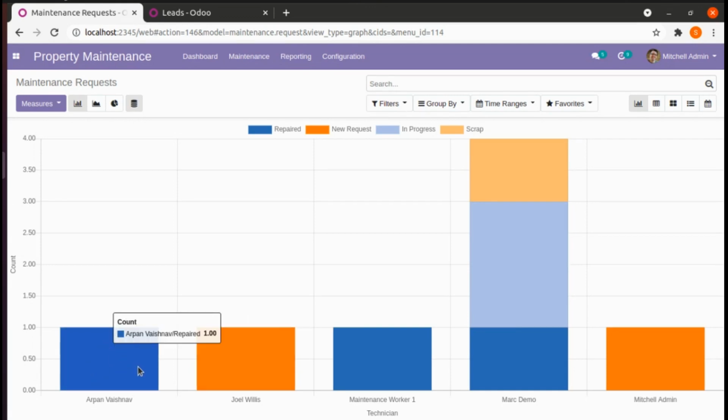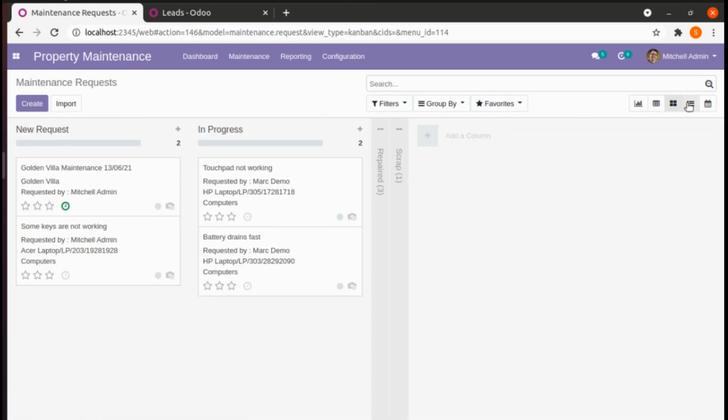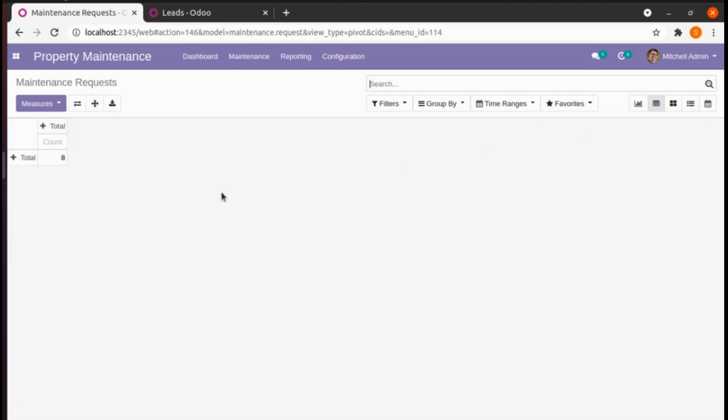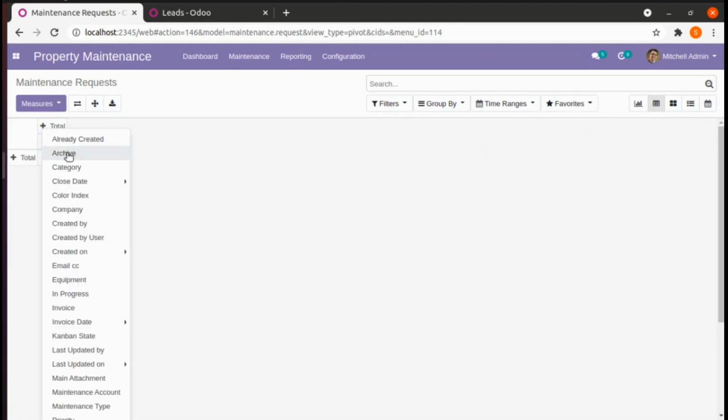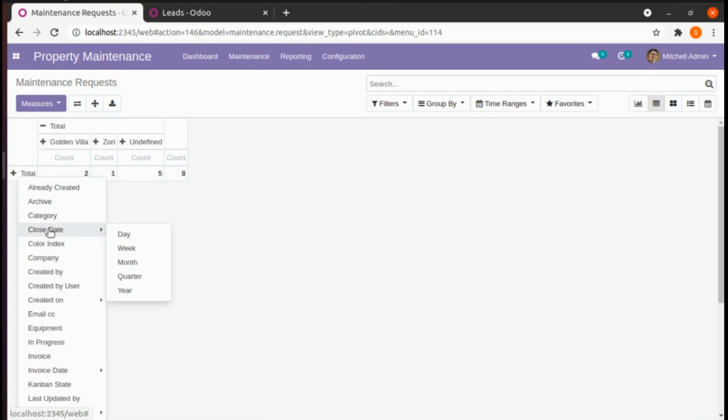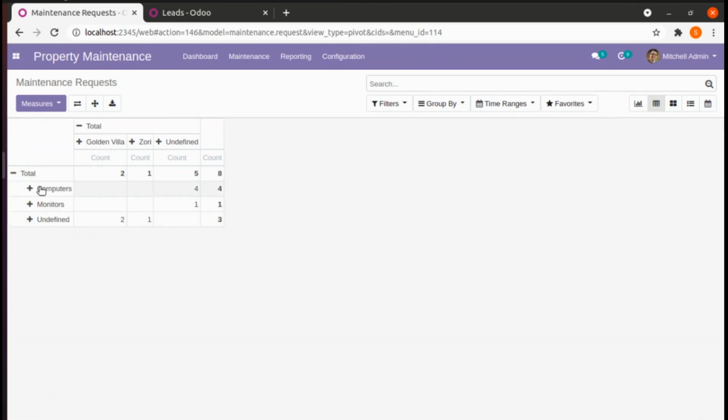Same, Arpan Vaishnav has one maintenance request. Here we also have Kanban view, list view, and our pivot view. Here we will be able to look at different numbers of requested maintenance details.